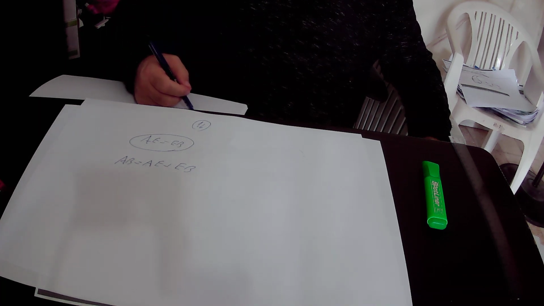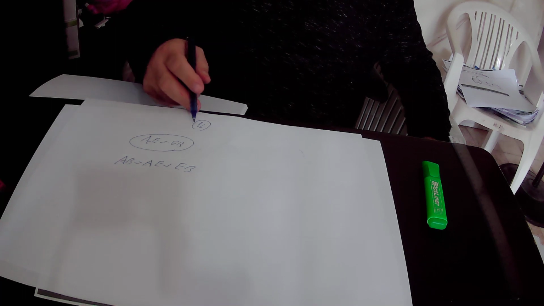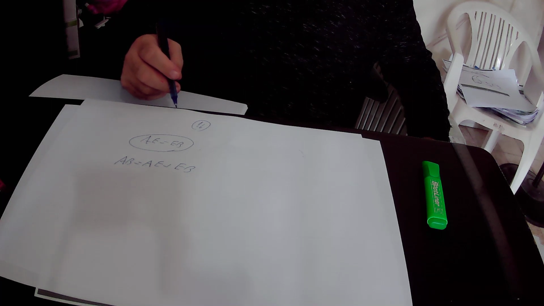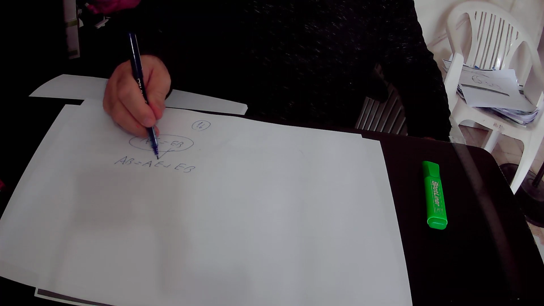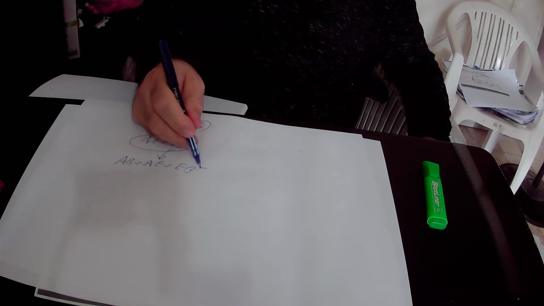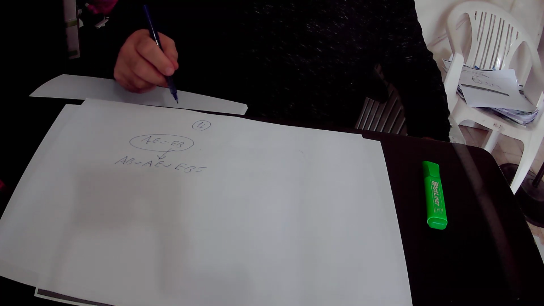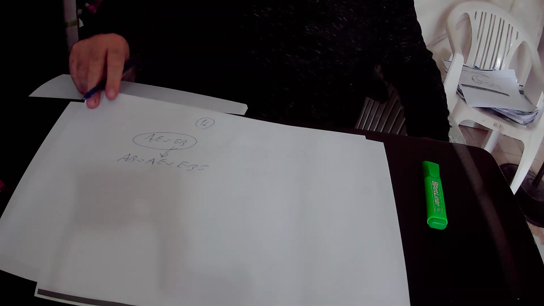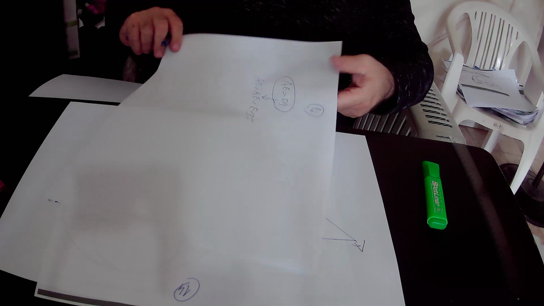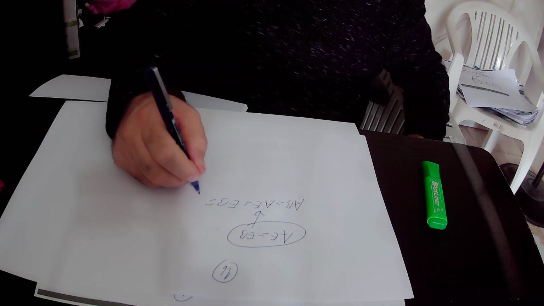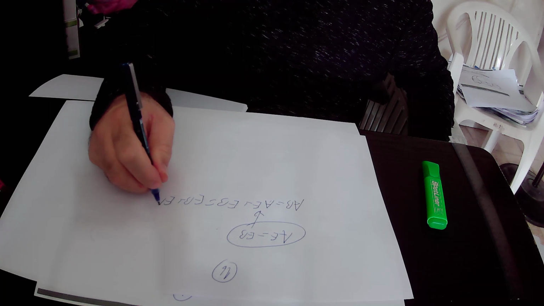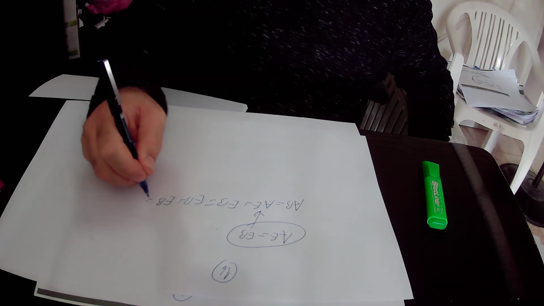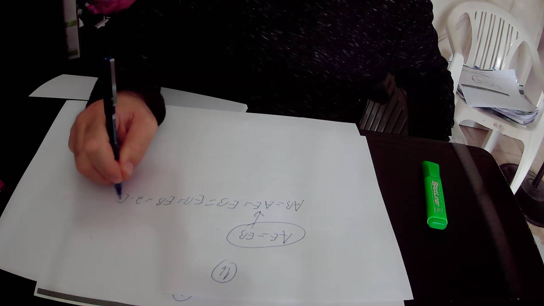Okay, but we know that AE equals EB, so we can substitute AE by EB, and we will get that AB equals EB plus EB. That is to say, AB equals 2 times EB,